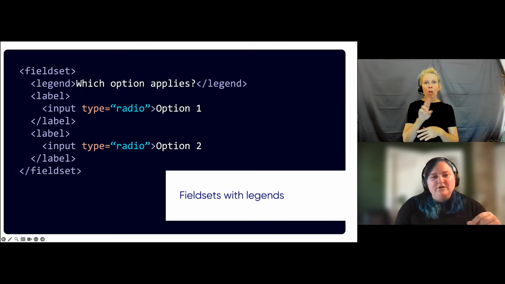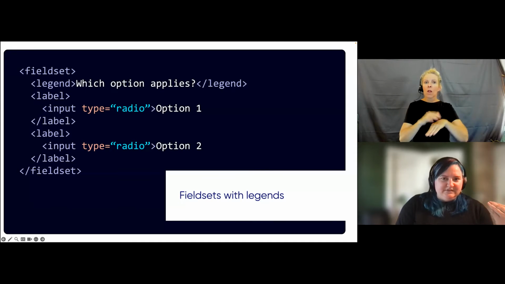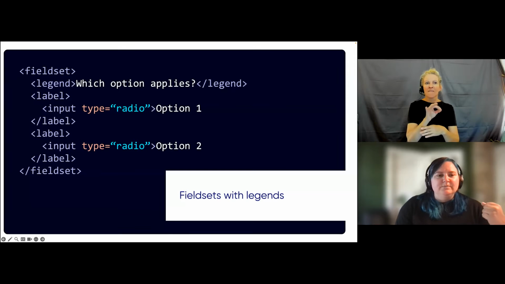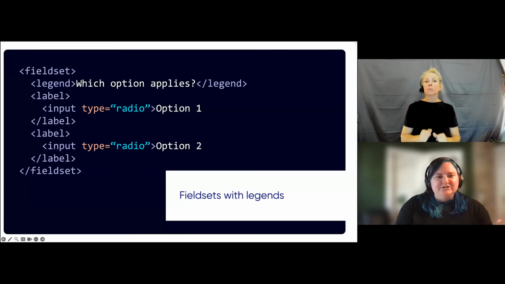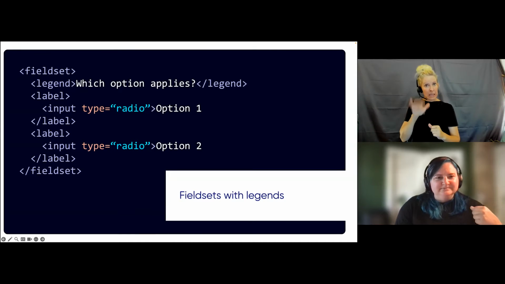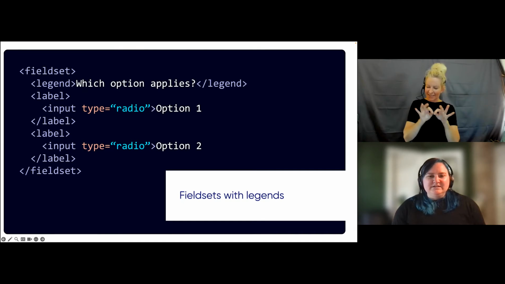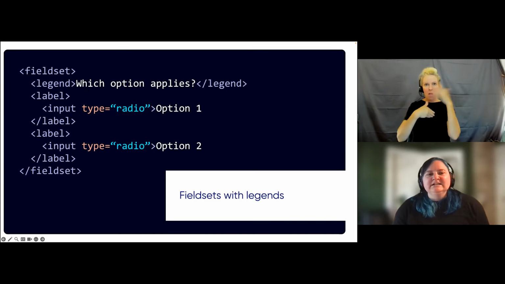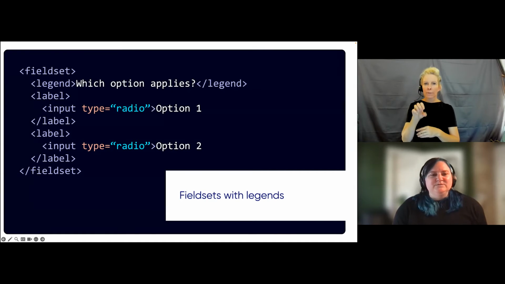Now, some things to watch out for in your code review is that the legend has to be the very first element in the field set. So that's a quick check you can do, just glancing through your code base. And you want to make sure that it's descriptive, like all labels, right? Is it telling users what they should be doing? Important. So again, could go further into this, but I wanted to bring this up as a commonly missed implementation when we talk about forms specifically and semantic elements within forms.